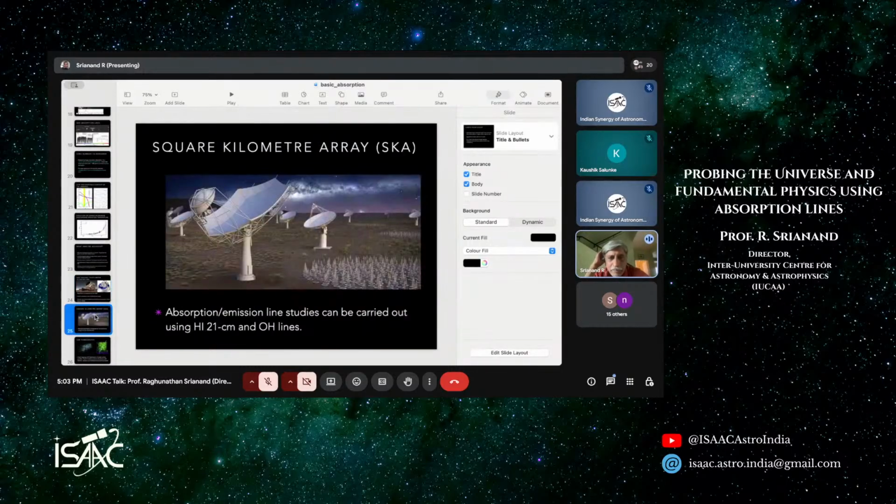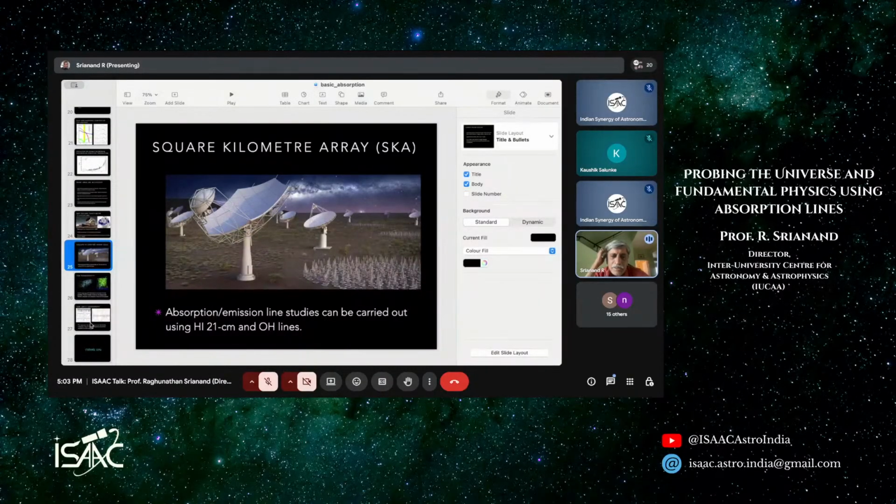Another project which is happening is the Square Kilometre Array, the largest radio telescope, being built in South Africa and Australia. India is about a 6% partner in this project. It is going to be operational in a couple of years because the project is going well, the prototypes built to validate the technology are very much in place, and we already have some good results coming out of them. So I have no doubt that you will start looking at molecular lines and atomic lines and all sorts of lines. You can even do absorption line spectroscopy in radio.